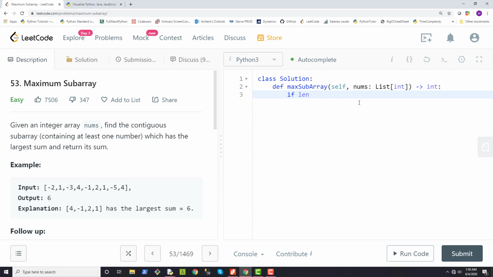Another edge case, which is not really expressed in the problem statement, but if you think about it, if the array consists of all negative numbers, then the output would just be the maximum value within the array, because for example, if the array looks something like -5 and -2, then the maximum element, just one single element, is -1, and that will be your answer. Okay,